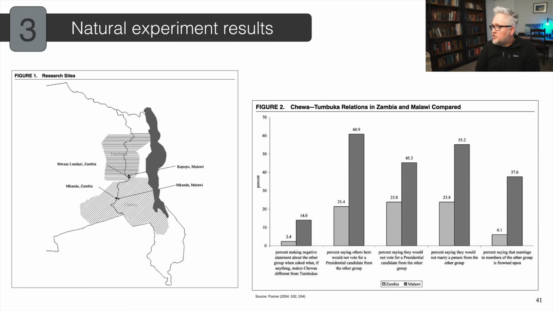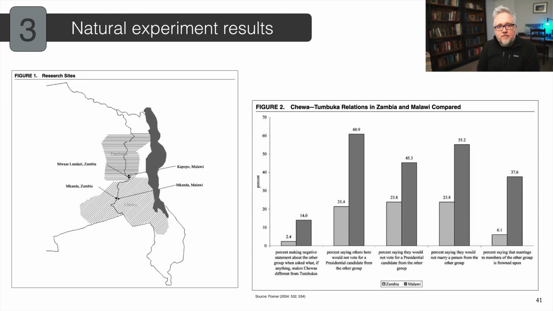But it does show with the natural experiment, if you can find them, and people have in the review process tried to poke holes in what would be considered a natural experiment. But if you are lucky enough to find one, then you really can make some conclusions about causality in your evidence, that it is no other exogenous factor. Everything is ceteris paribus, that it really is just that one factor, the size of the coalitions in this case, that drives the salience of ethnicity in their countries.